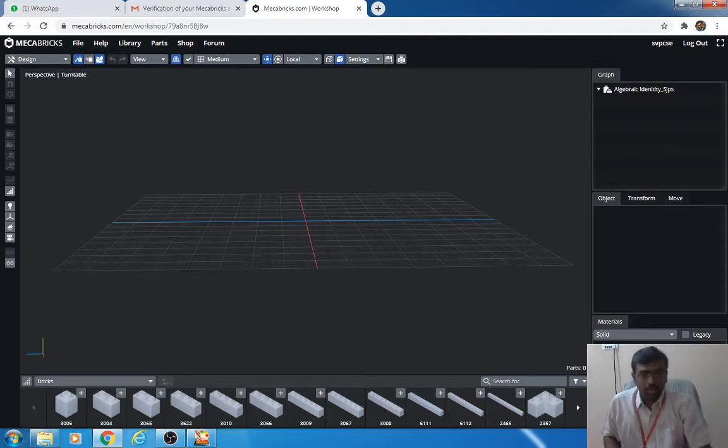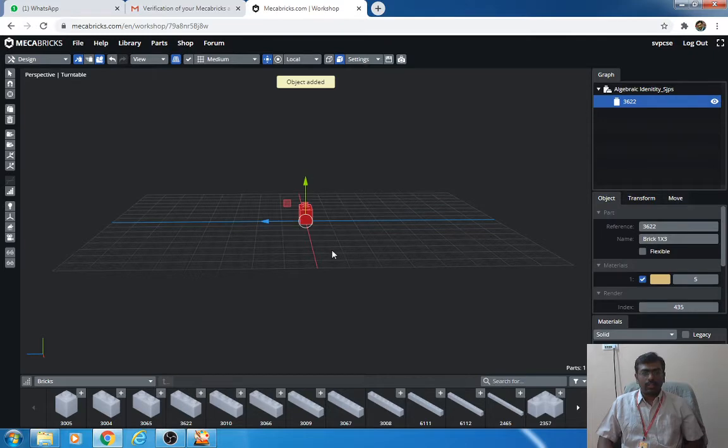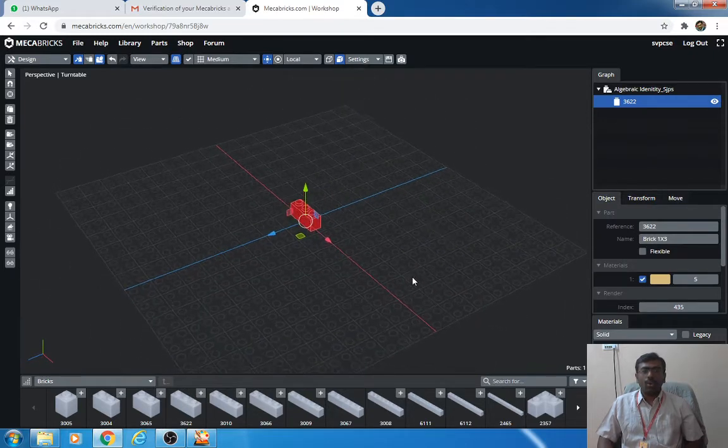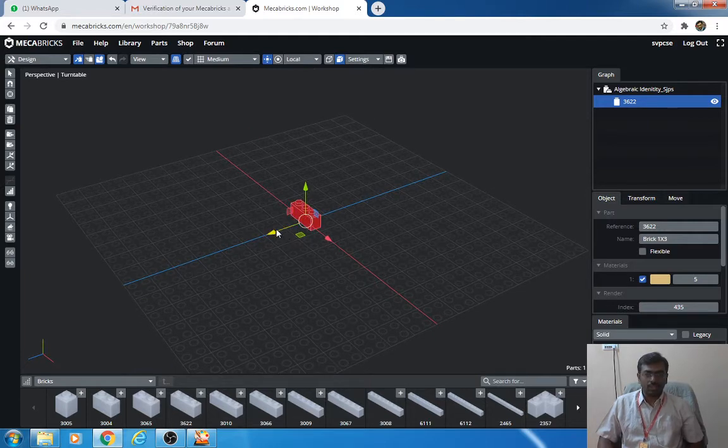First I have to construct the a cube and the b cube. Here I have taken the 1 cross 3 brick, which is used to express the a cube and the b cube. If you click this once, you will get this here. You can rotate this. All you need to do first is drag this and position it.